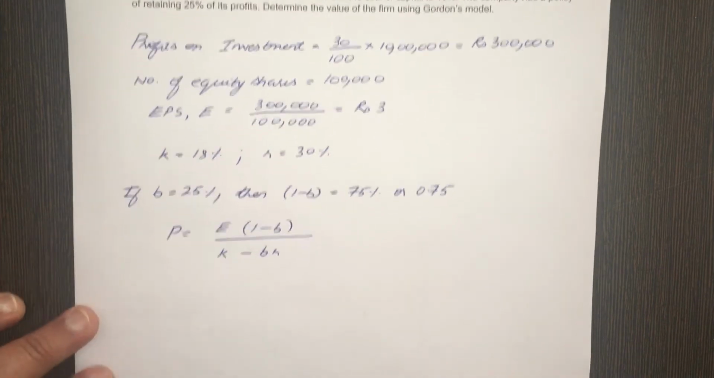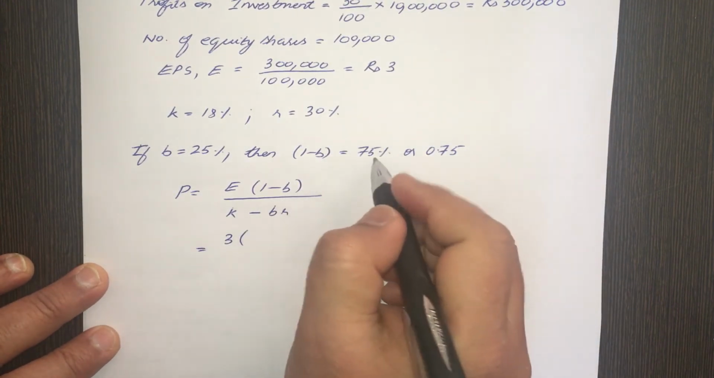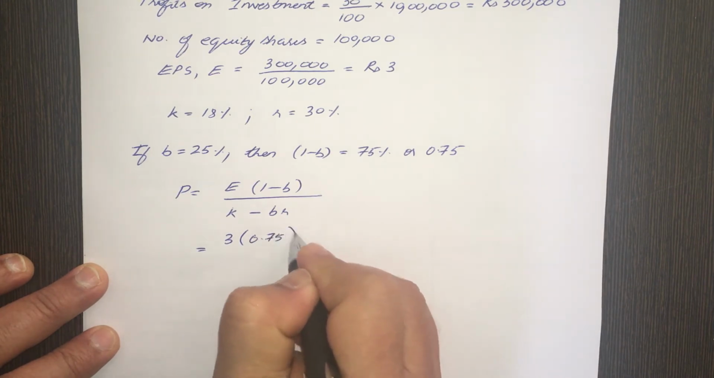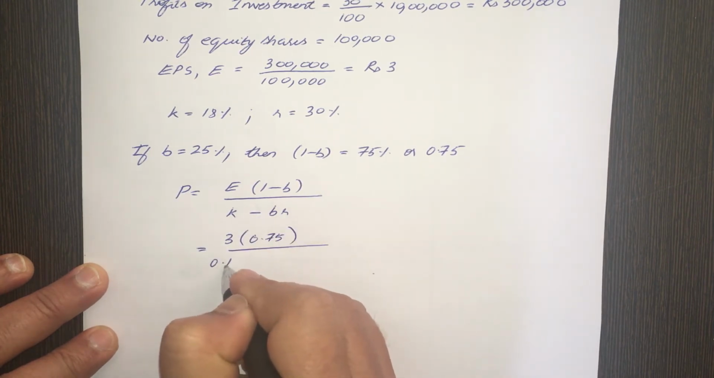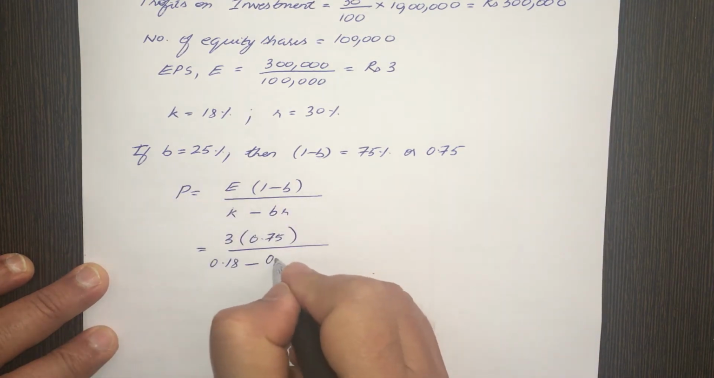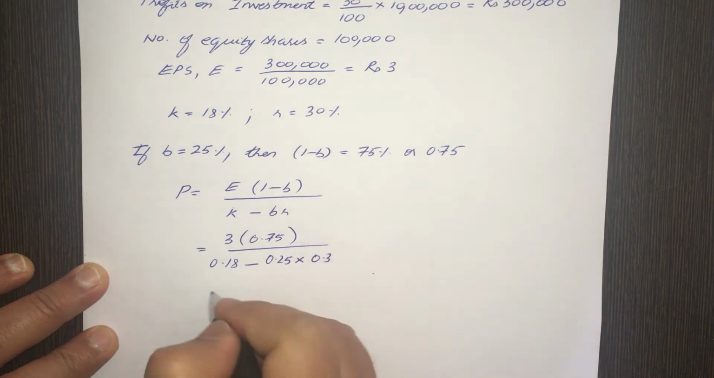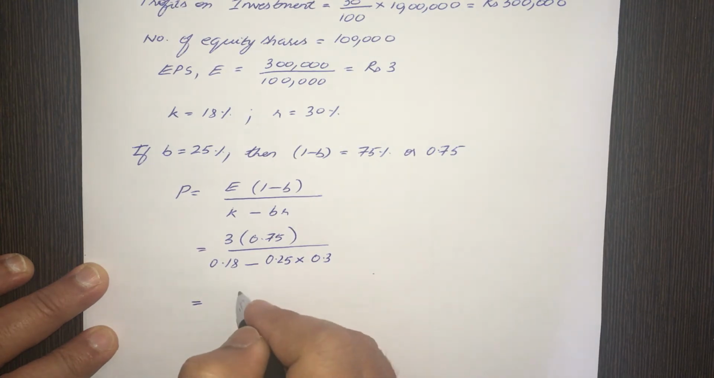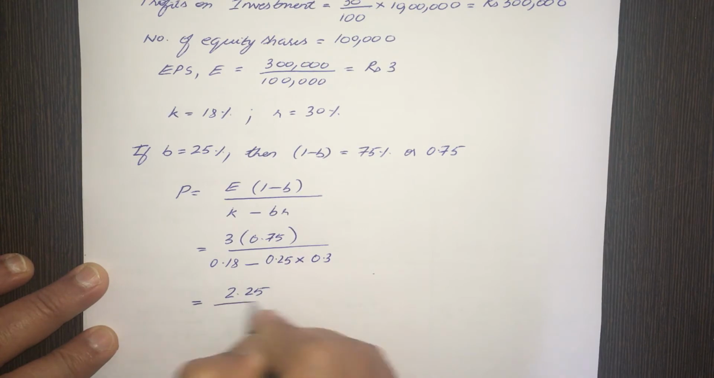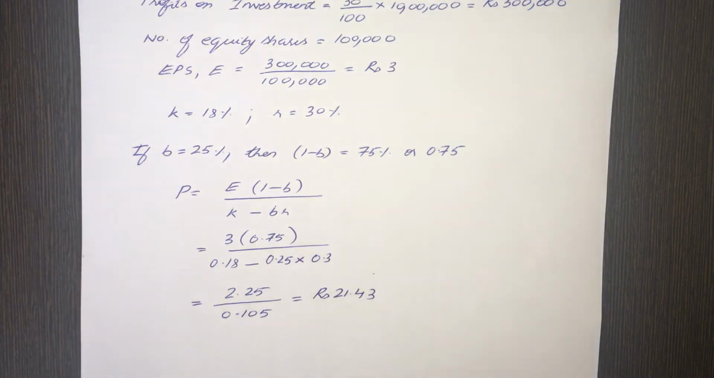Okay, so what is E? E is already found out, it is 3. 1 minus B, we found out it is 0.75. K is 0.18 minus B, which is 0.25, into 0.3, which is R. Alright, so you get 2.25 divided by 0.105 equals rupees 21.43. So that is the market price of the